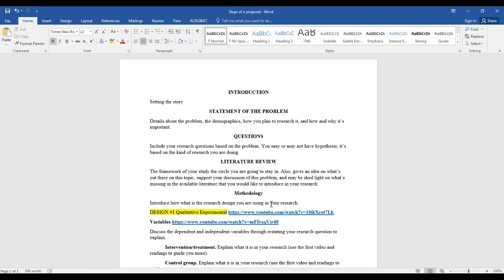And then most importantly, it's on experimental design. So you're going to explain to me how your research is a quantitative experimental design, and you're going to describe it. And only for the example of the design number 1, which is the quantitative,